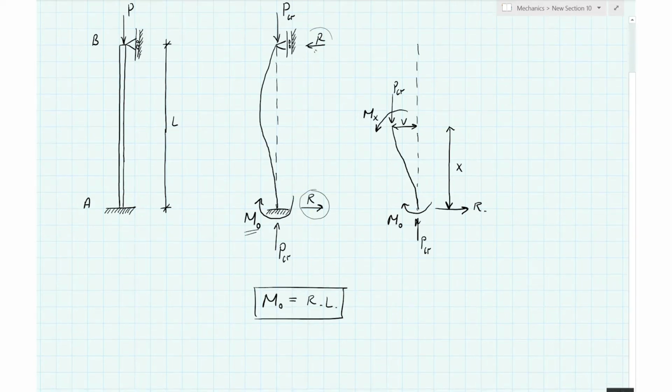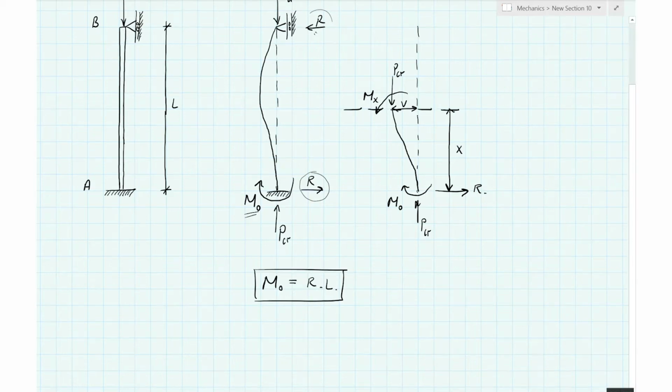So we're going to do the standard thing now, which is to determine an expression for the moment internally within the structure. And in order to do that, we look at a free body diagram of a subsection of the structure, and we take moments about that cut. So we're going to take moments about a cut right across here. So taking moments about that point in the structure,